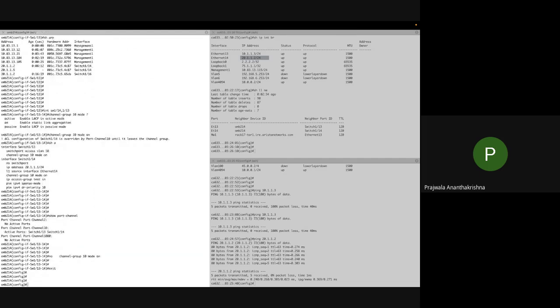We can also run MLAG, VRRP, but of course we do not have two devices, so we'll not be able to test that out. But it's more or less very similar to EOS itself, so there's no difference that you will notice really. Okay, and we also have this command,